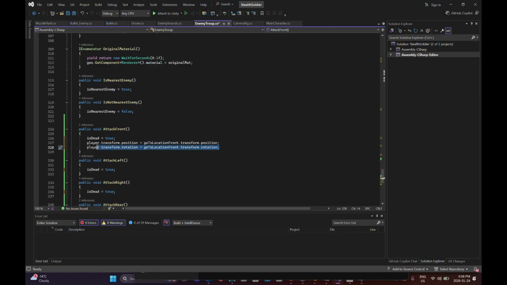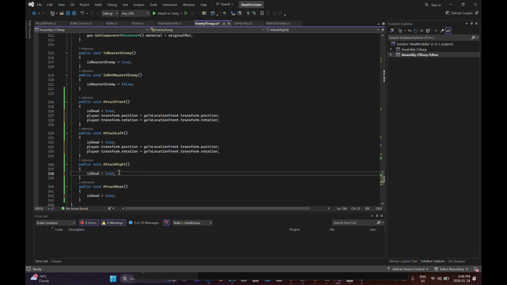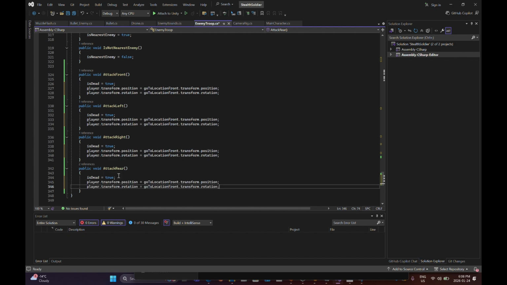And I want to copy and paste all these. I just got to change using these two, left, left, right, right, rear, and rear, and I have to do the animation, so animator